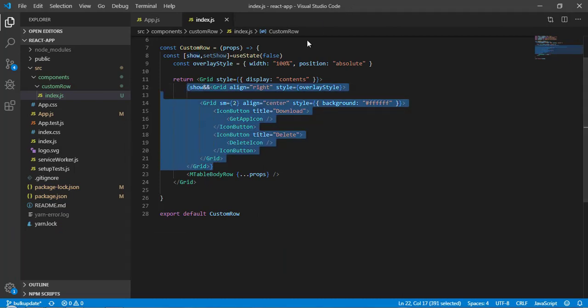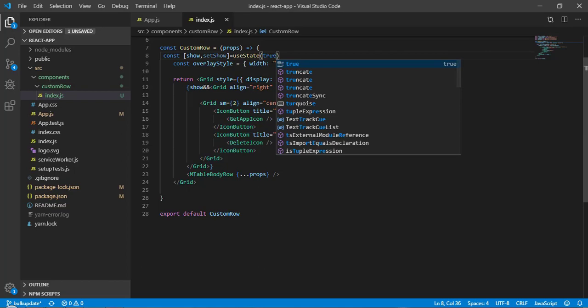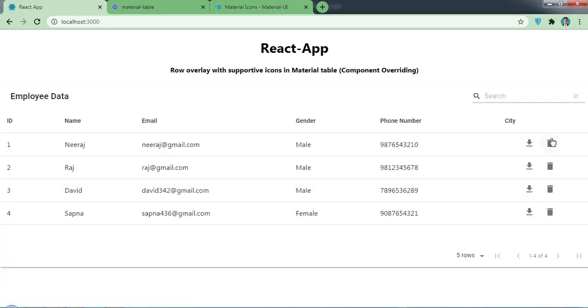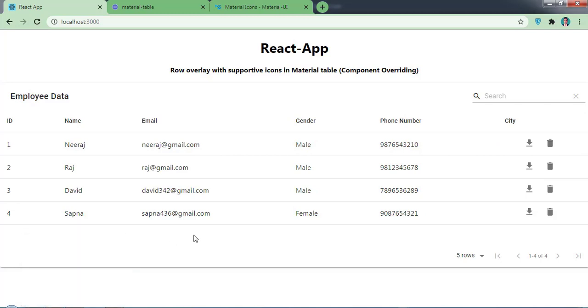Okay, so now what if I provide the value true? Now save it and let's come back. So here you can see I am getting this overlay. So as you can see, once we pass the value false, we are not getting this overlay, and once we pass the value true, we are getting it.